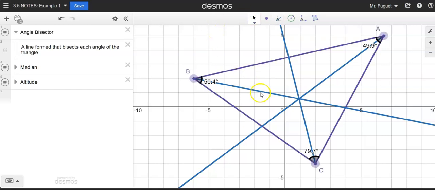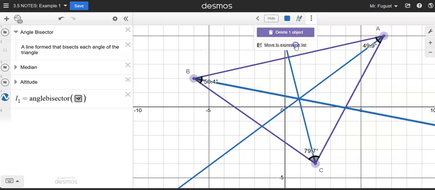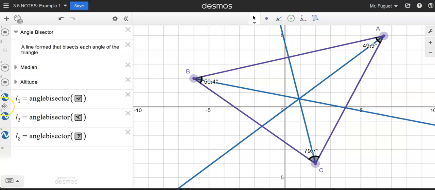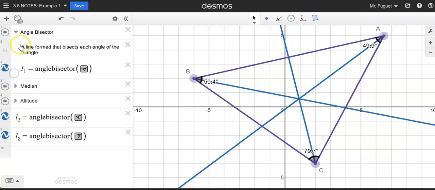Now, one thing we're going to do throughout this video, so that this doesn't get confusing, is move these segments over into our folders so that we can hide them when we go through each one. The easiest way is to select each segment and then click on these 3 dots and hit move to expression list, and you'll see it pops over there. We're going to do that for all of them. So here's my second one, 3 dots, move, and lastly 3 dots and move. Now I can take these and drag them into my angle bisector folder,